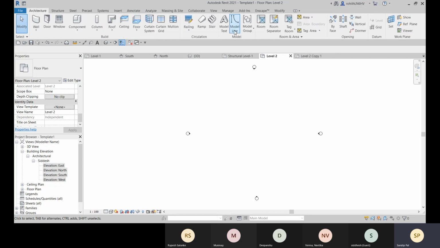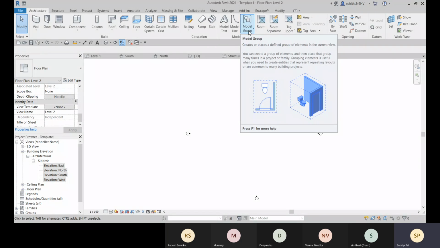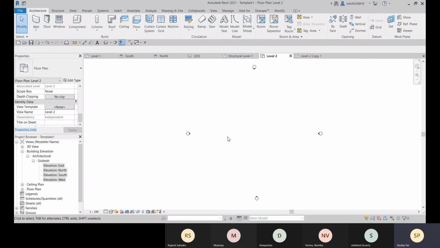And here we have this model line. We have some model group. We can group some elements. For that, we have this model group option. You can create some elements and group them. Like you remember that in AutoCAD also we had group options. It's the same.